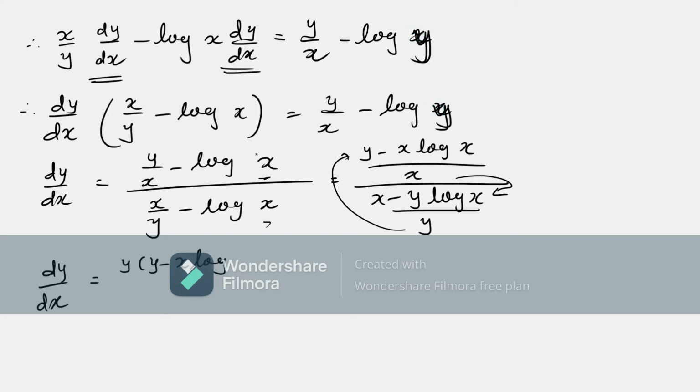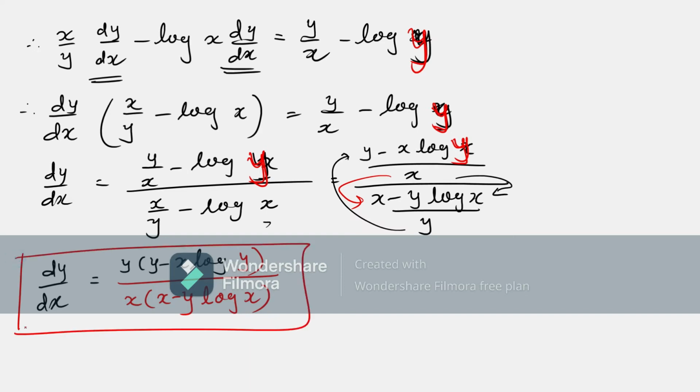Okay, fine. This will be log y. I'll just change the color so that you can easily recognize log y and log y. This one is log y, because log x I got that y, how is it possible, and this goes to the denominator, and this will be like x minus y log x. That's the answer of